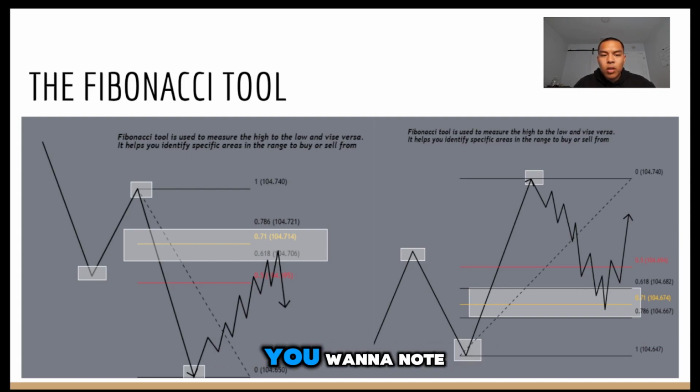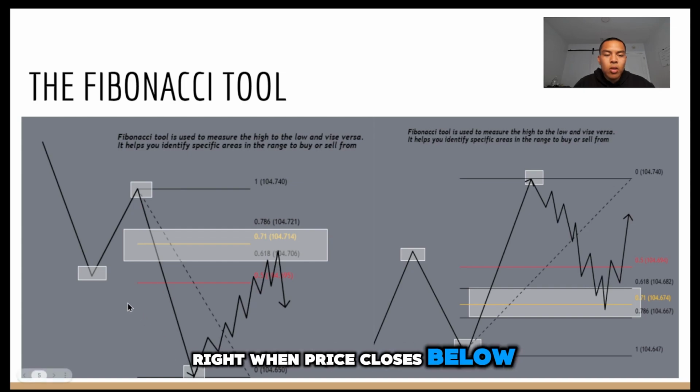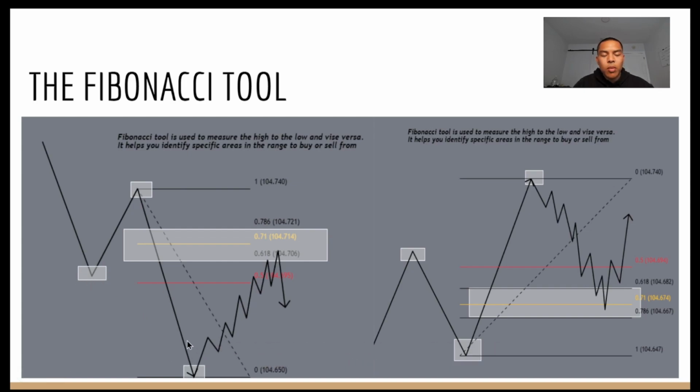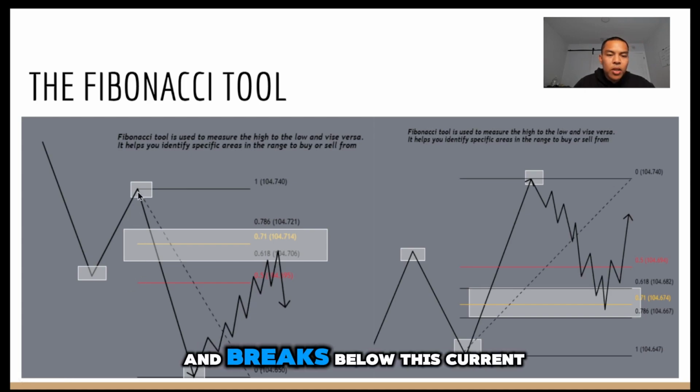Now this is something that you want to note that I didn't put on here. You want to write down that whenever there's a new range, that means that price had broken below a current lower low or above a current higher high. Once that new lower low and new higher high is created, you then want to go from the, for this example, we have the lower high, the lower low, lower high, and then the new lower low. When this is broken, right, when price closes below this current lower high and makes a lower low and breaks